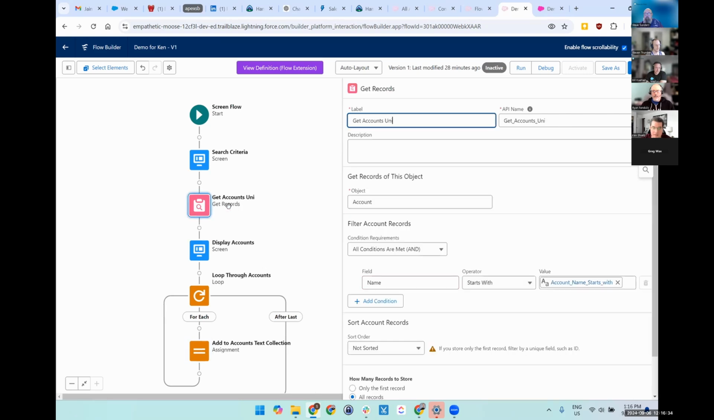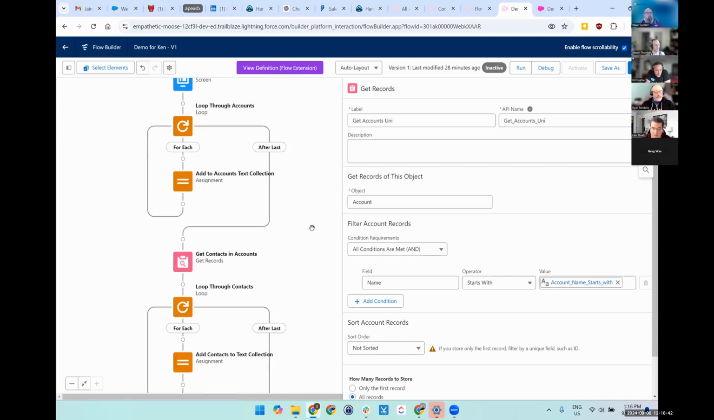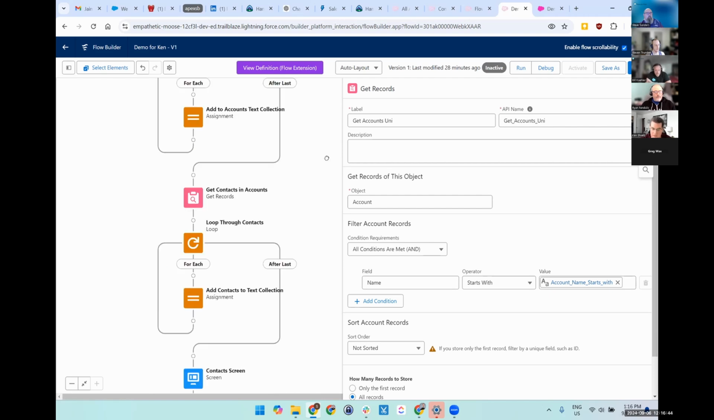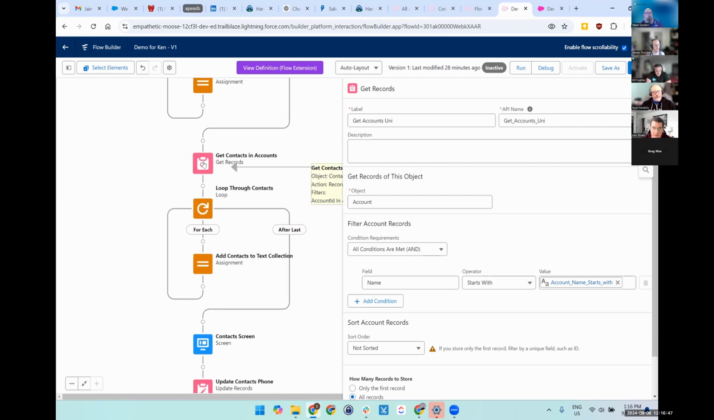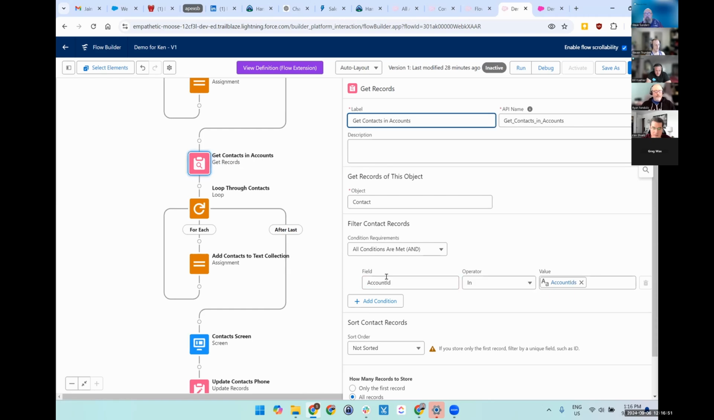The trigger doesn't necessarily matter in this case. It's just a screen flow. So I'm just saying we need to get the parent records, and the child records start with whatever you type in here. Name starts with is your entry criteria, if you will. And then the get contacts is based on the account ID of the contact is in my text